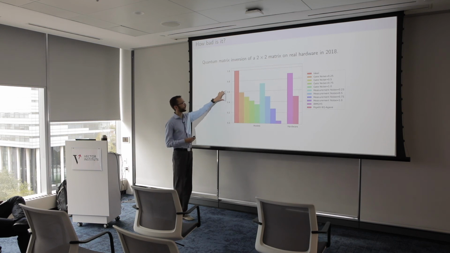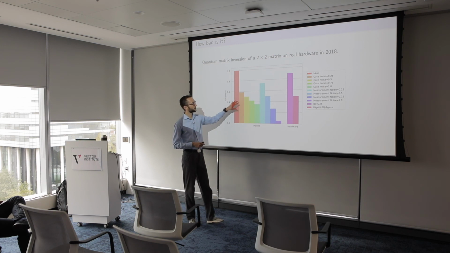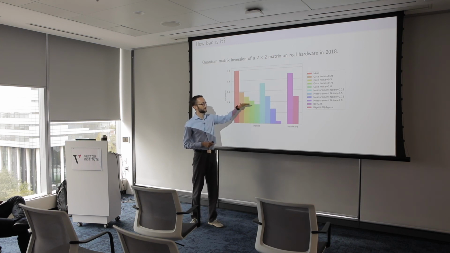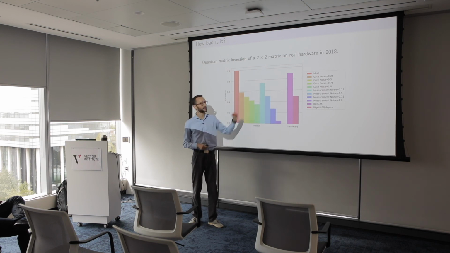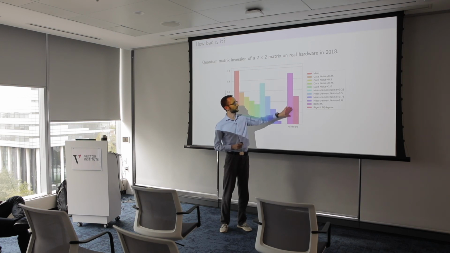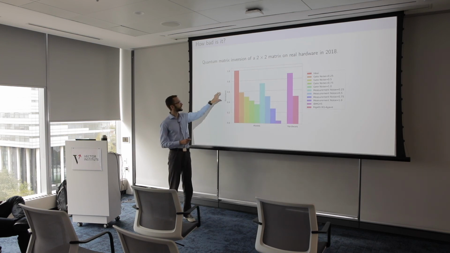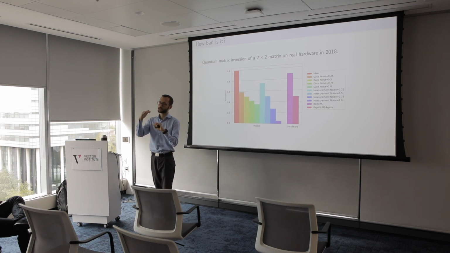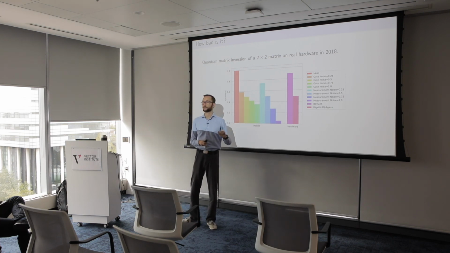So we measure the probability of success of the algorithm, and we throw various noise models at it, and we see that as you add noise, your success rate goes down. But this is all simulated. And this is the actual hardware. With IBM, this is what you achieve, and this is what you achieve with Rigetti. If you translate this success probability into how much your actual state at the end is what you want it to be, called fidelity, then IBM achieves about 76% fidelity.